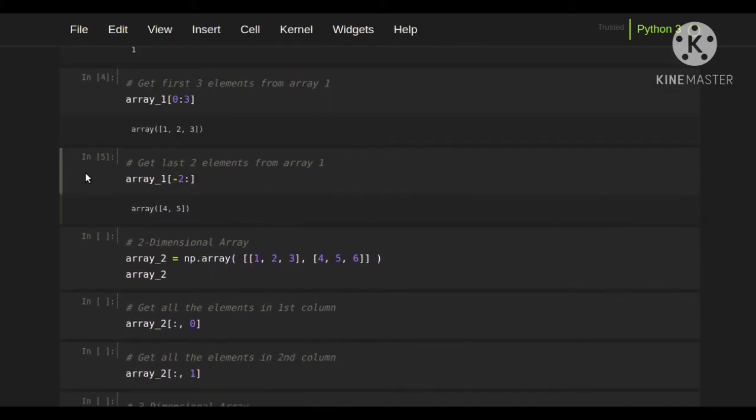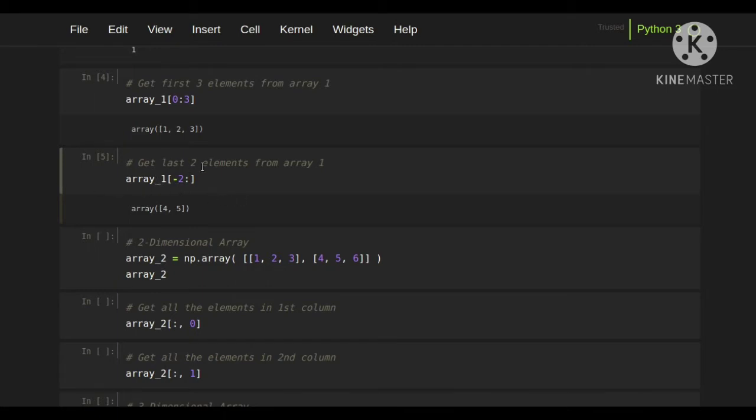In our second example we are going to access the last two elements of array 1. If we know the size of the array we can go with positive indexing. If we don't know the size or shape of the array, then we need to go with negative indexing. In negative indexing, as we know, it starts from -1, -2, -3 and goes from right to left.